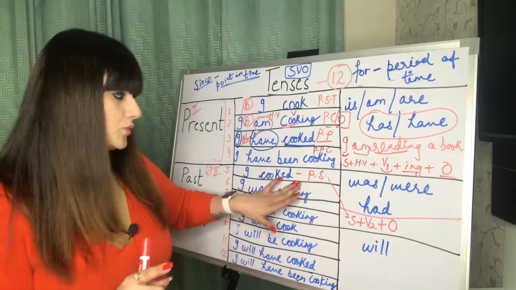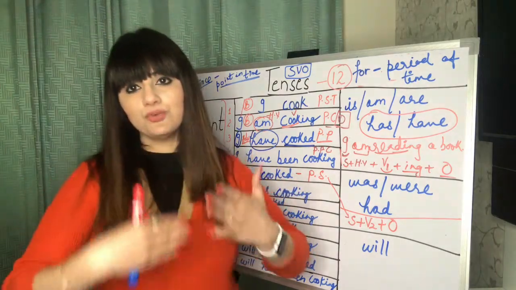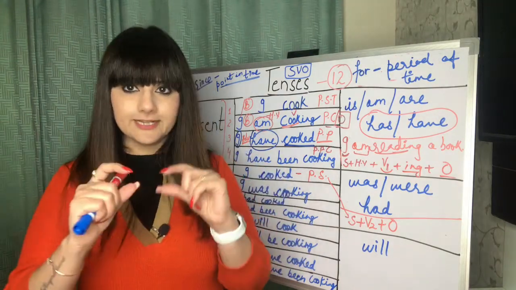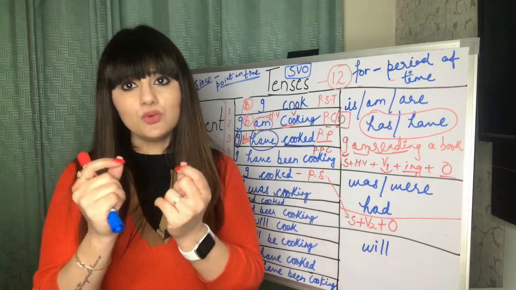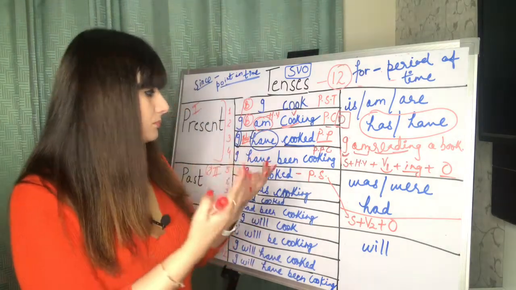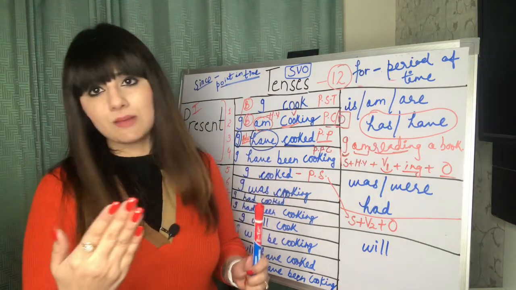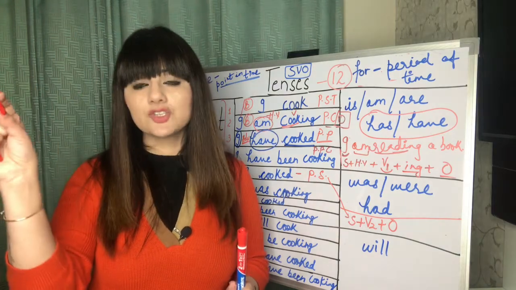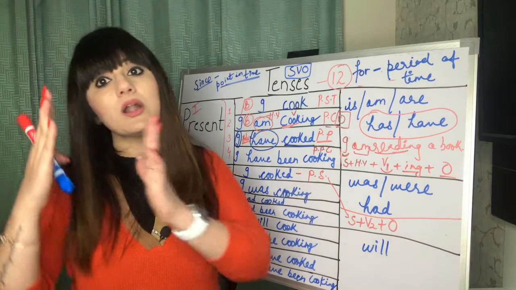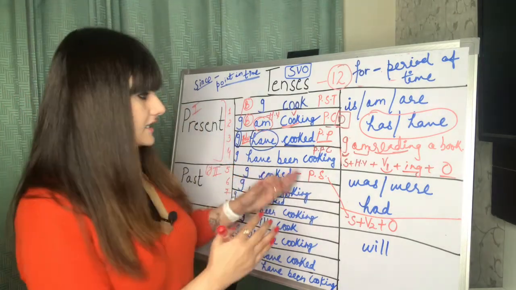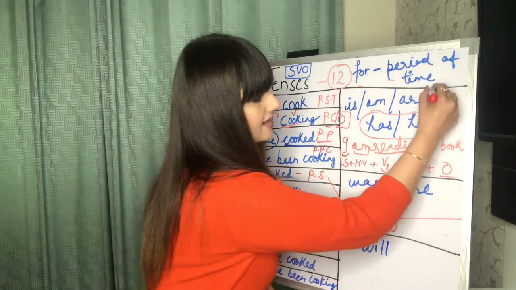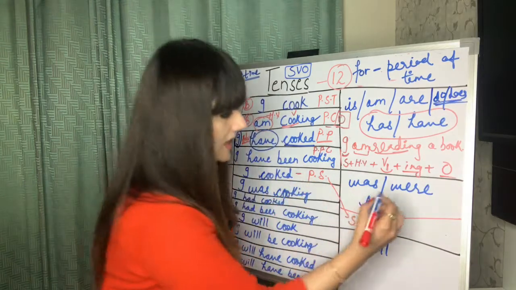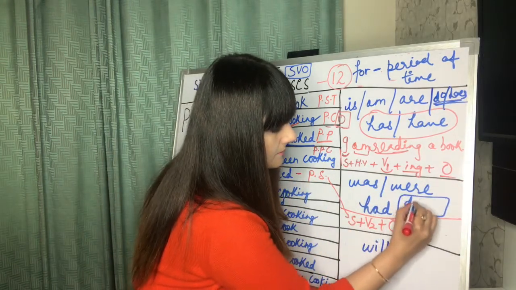And one more thing, what happens when it comes to "I didn't do it"? So "did" will tell you exactly that this is a past question. So when did is mentioned, that means it's related to the past. And do and does, I hope you know about that. So do and does we use for the present situation, and did we use for the past.